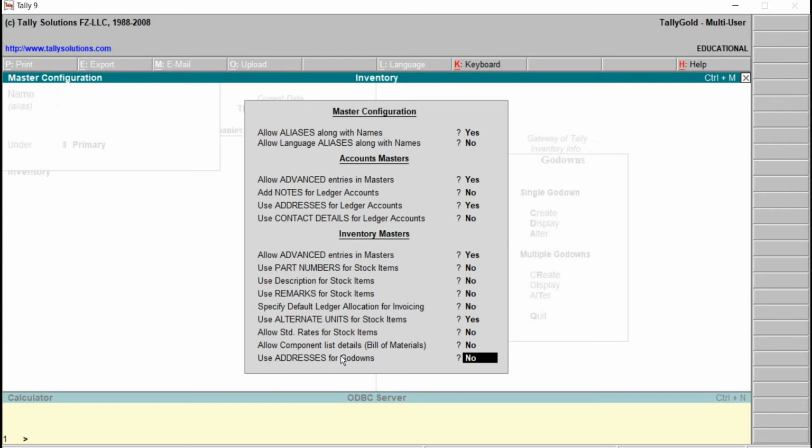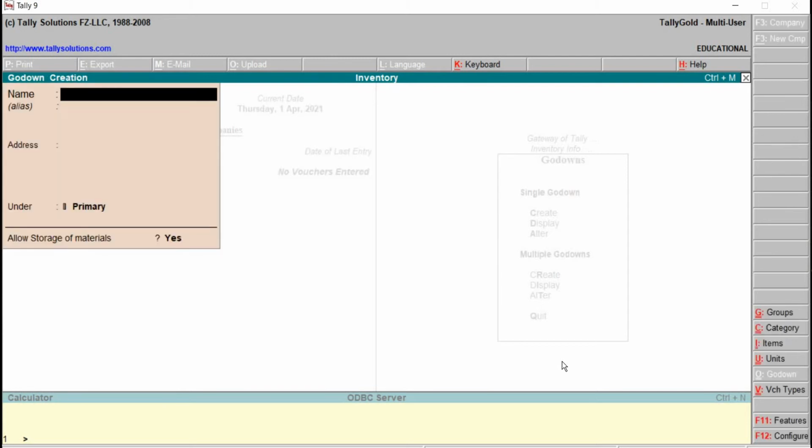Use addresses for godowns. No is there, make it Yes. Got it? We have one more option here, address. Then here we have allow storage of materials, question mark, Yes.